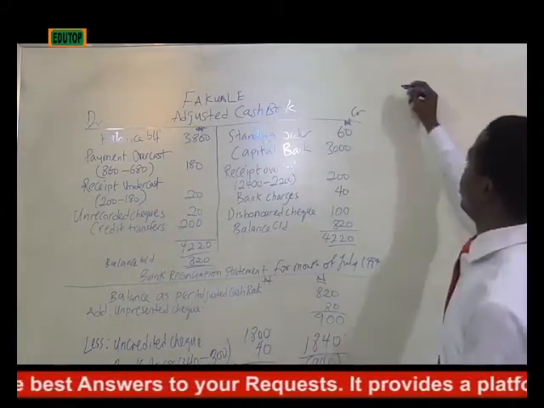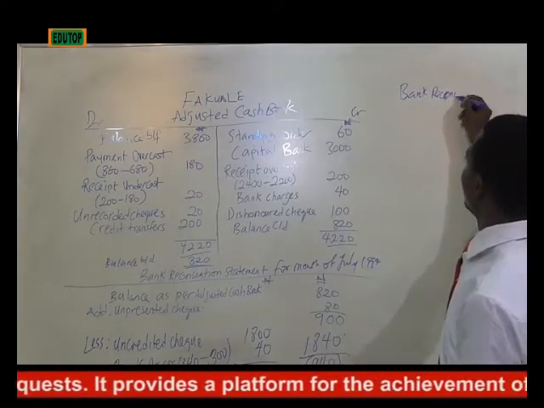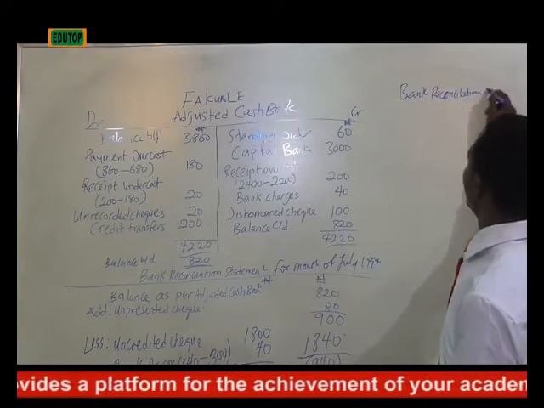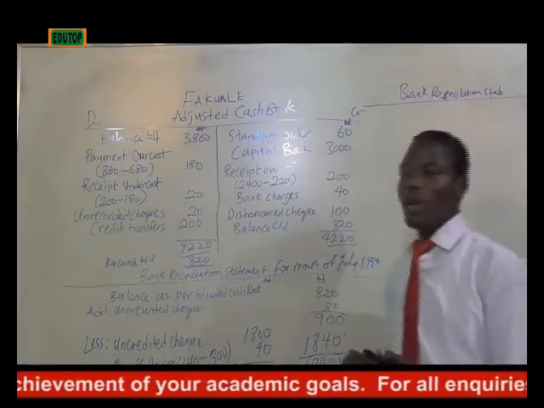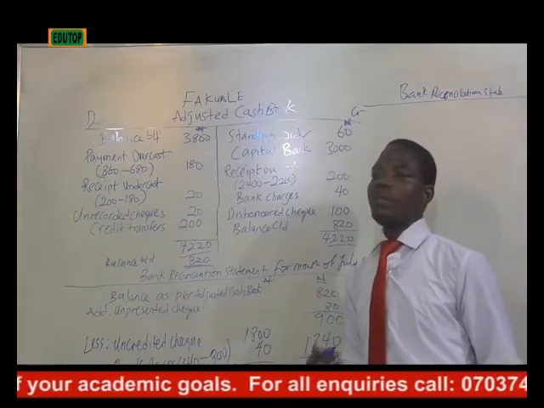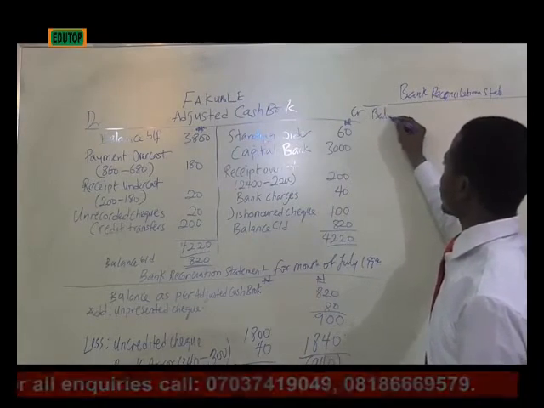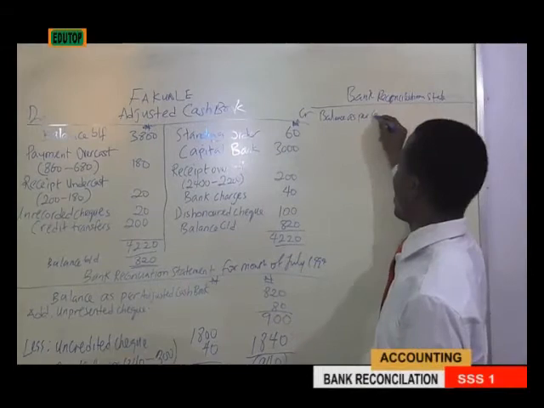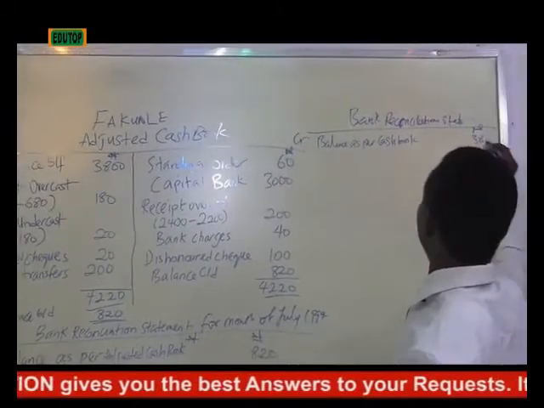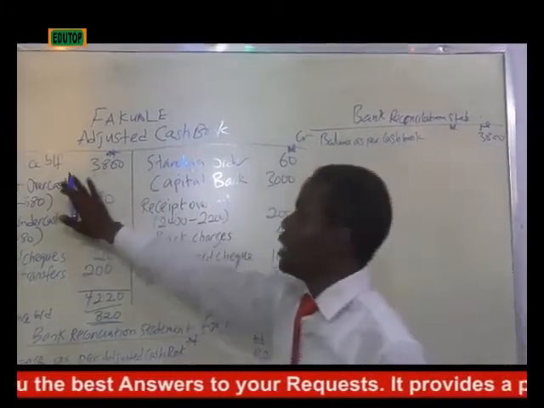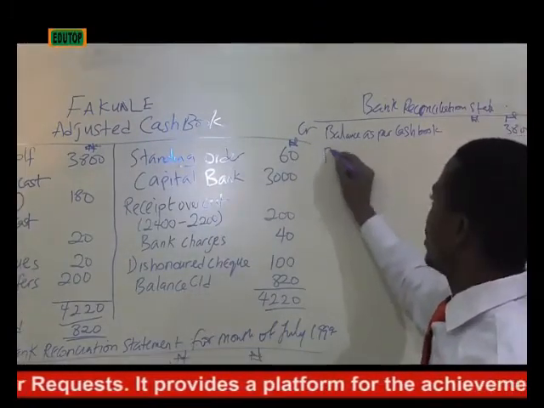What we will just do is prepare the bank reconciliation statement. If you are just asked to prepare this only, going back to the question, this is how you do it. Debit balance of 3,800, you just say balance as per cash book. So you just write 3,800. Then the information associated with the debit side, you just bring them down here, like payment